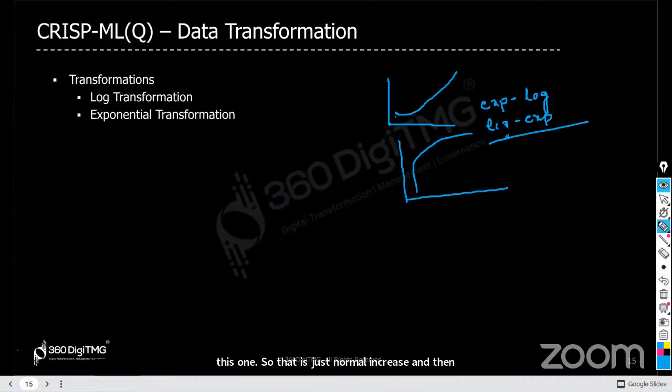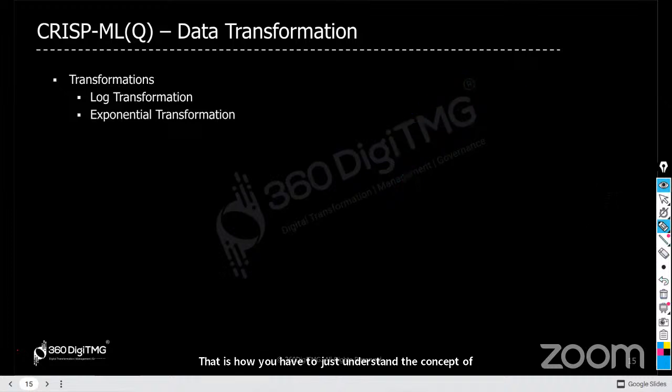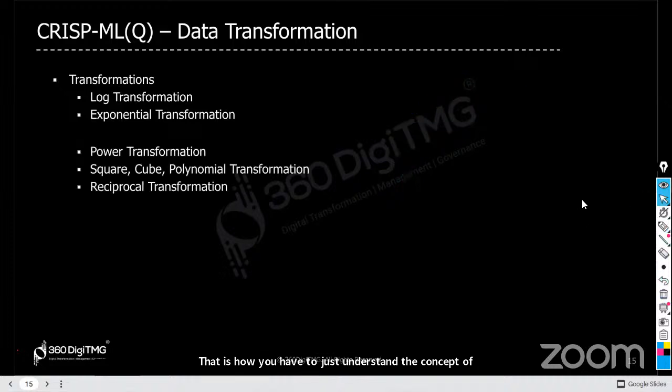That is how you have to understand the concept of these transformations. And what else are there? There are others also present, like reciprocal, power, square root, cube root. Power transformation is nothing but x square, x cube. If it is 2 in the power, that is square. If it is 3 in the power, that is cube. And polynomial transformation, you already know about polynomial with 2 degrees, 3 degrees, which we have seen in